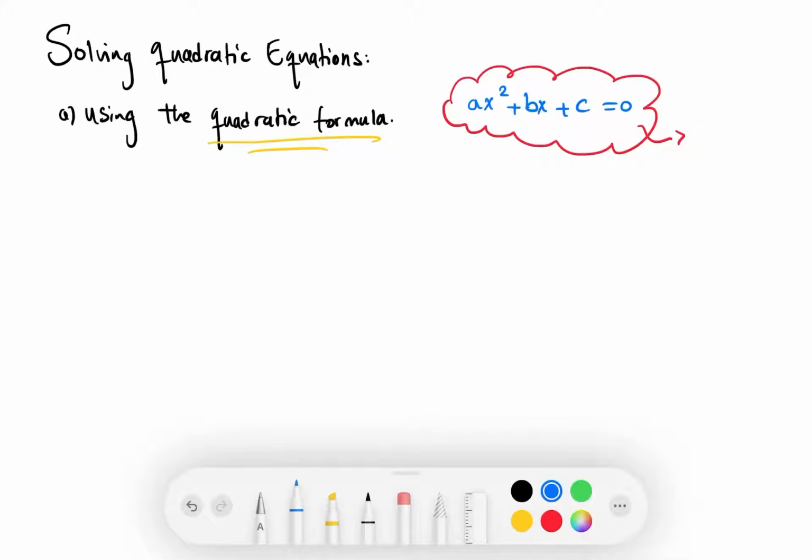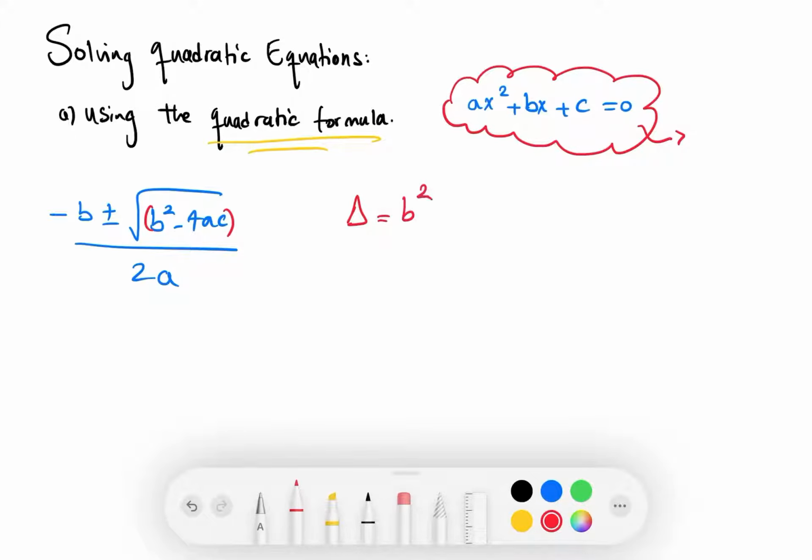It's basically, I think we've all seen it a lot of times, negative b plus or minus the square root of b squared minus 4ac over 2a. The inside part is known as the discriminant, otherwise known as delta, which is the Greek letter delta. Delta is essentially b squared minus 4ac. What is the purpose of delta? Delta basically shows us the number of solutions a quadratic